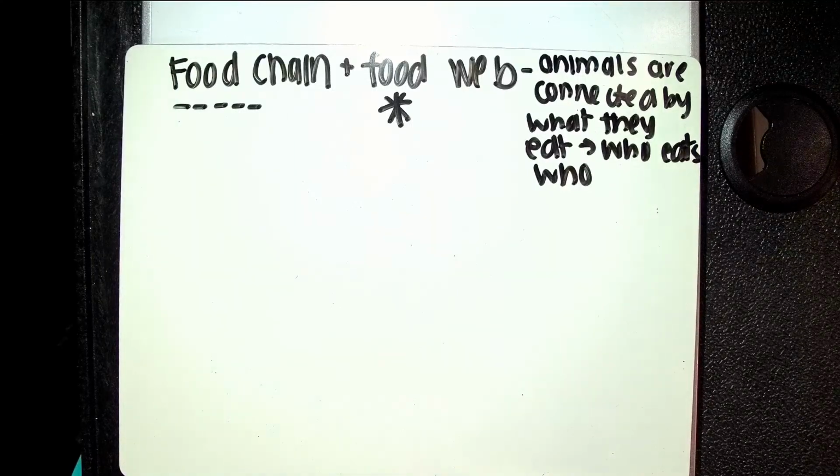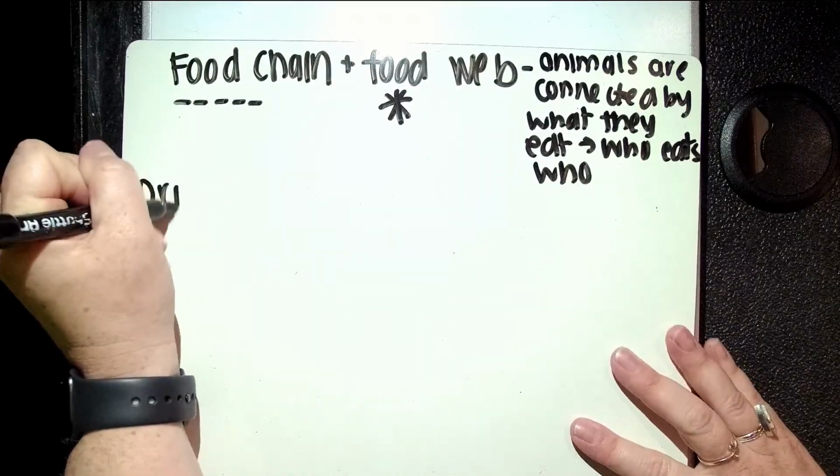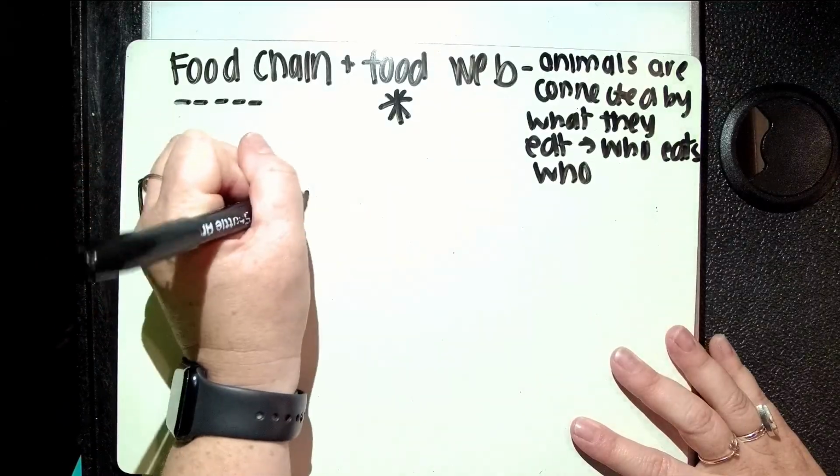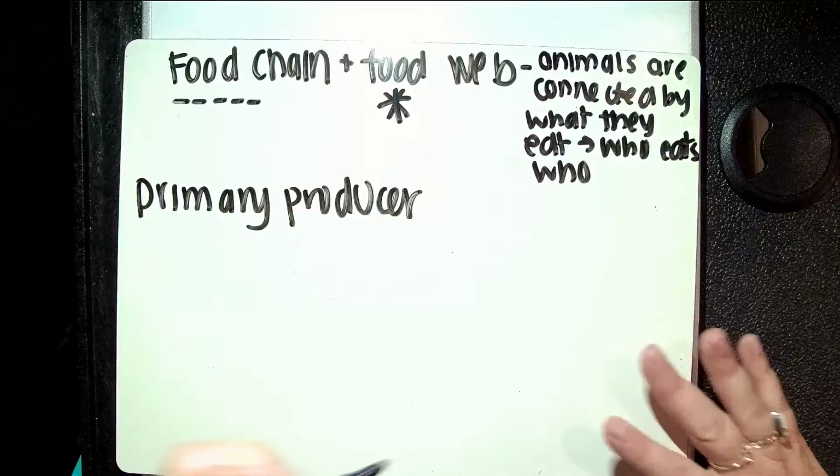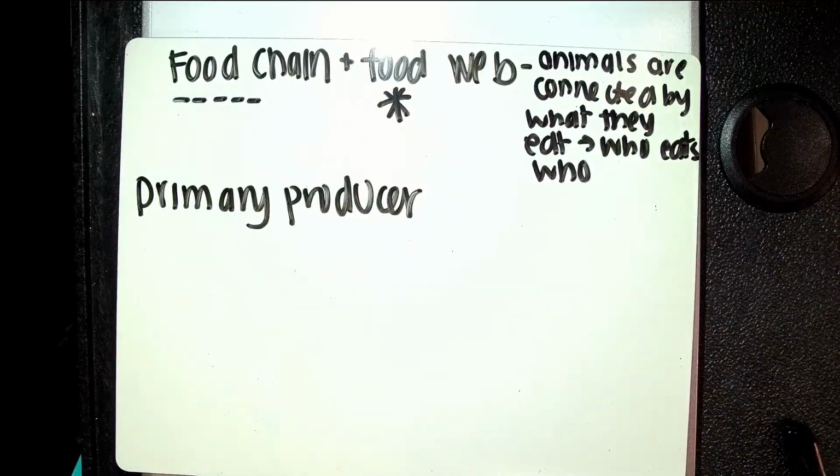Now, to break things down again, we've got different levels within the food chain and the food web. And these are called trophic levels. We won't go too much into those big words, but these are the different levels. Remember I said how it's energy? So we start at the very bottom. The very start of our food chain or our food web is going to be something called a primary producer. And the primary producer is going to be the thing in a habitat that doesn't eat anything, but it still creates energy. Basically, the thing that is using the sun for energy.